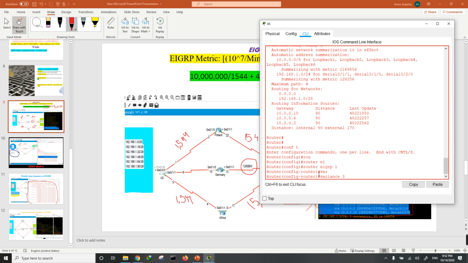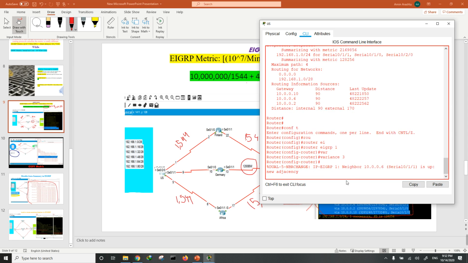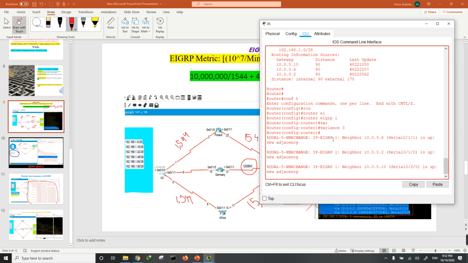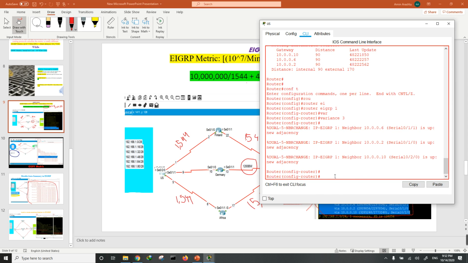That means even if other paths have a metric triple our best metric, they can come into our table. So now you can see what happened here. There are some changes in our adjacency neighbor table. And now if I say show ip route,